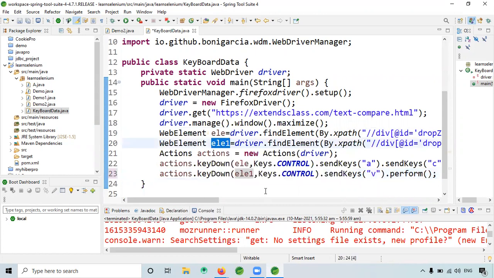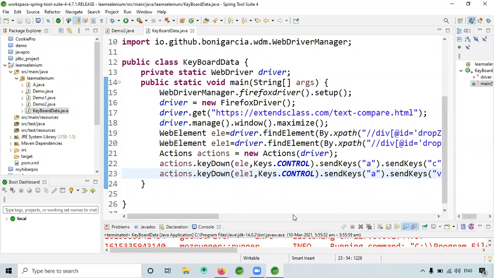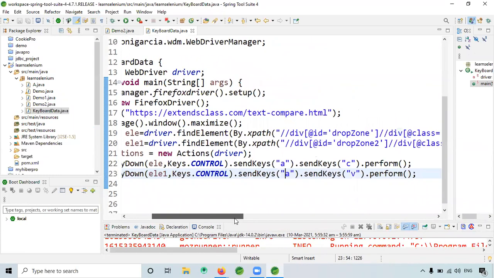And sendKeys. Oh, okay, before I saw sendKeys, it is there. Okay, sendKeys A, so we are selecting that box data, right? Oh, got it. Fine, I understood.